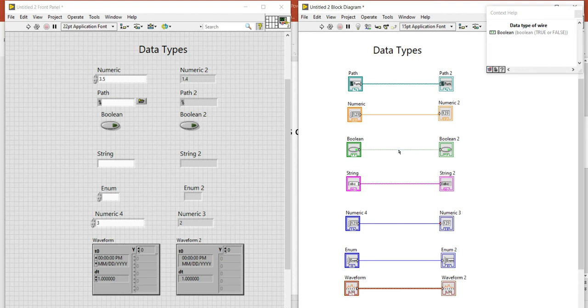So you see in the context tab it is showing this is the Boolean data type. You can move onto this double, and it is showing numeric double data type. You can move your cursor onto this and it is showing string, right? So in this way you can also find which data type the wire is